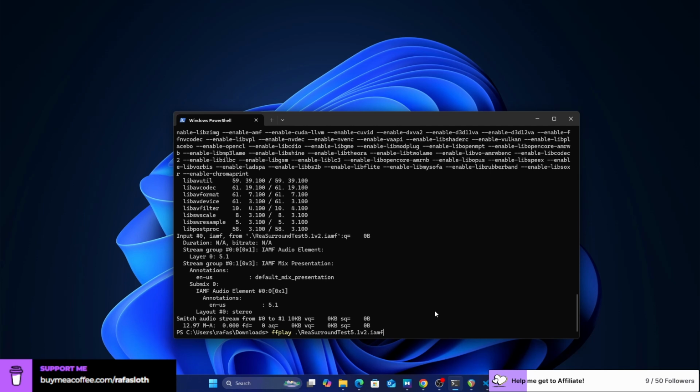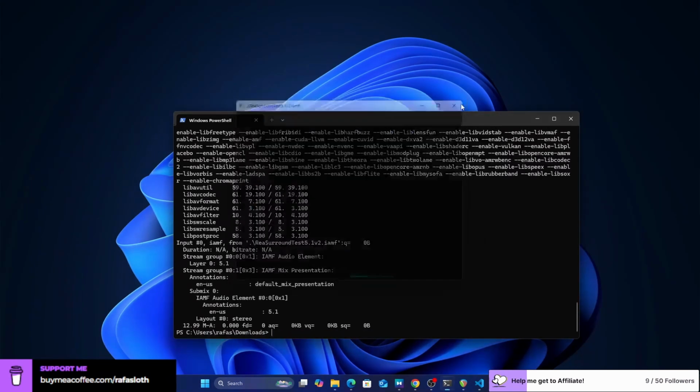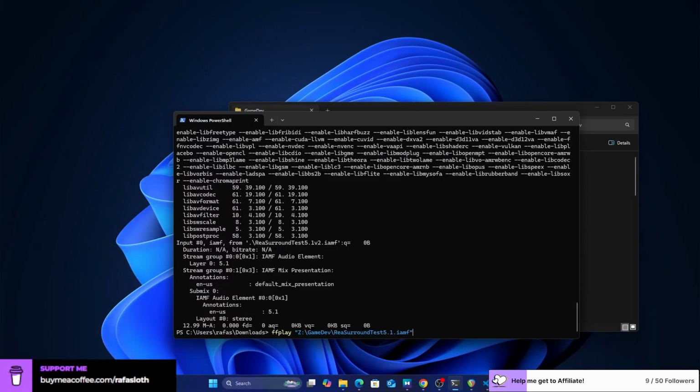But yeah, let's play it again. Yeah, this is skipping the center for some reason. I did this yesterday and I wasn't having this issue. We can actually test another file.